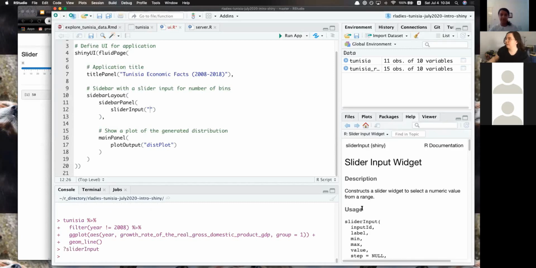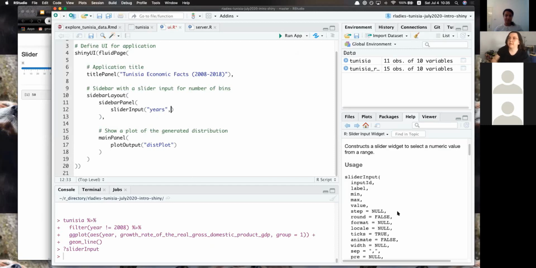Great, the input ID. So this is what I want to call it. For this one, I'm going to call it years because it's going to select the years. Then the label. The label is what your user is going to see. So I can just say years. I can say select years,